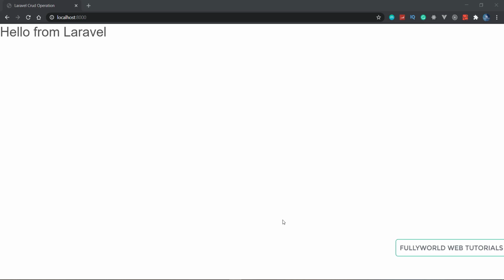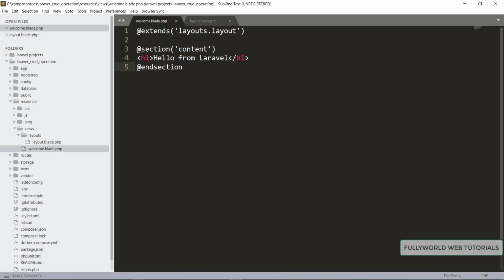In this series, we are creating a Laravel project, the Laravel CRUD Operation project, and this is part three of the project. In the previous part, I told you how we can create our layouts. We created our layouts and added our MDBootstrap. So today in this part we are going to create our whole interface.